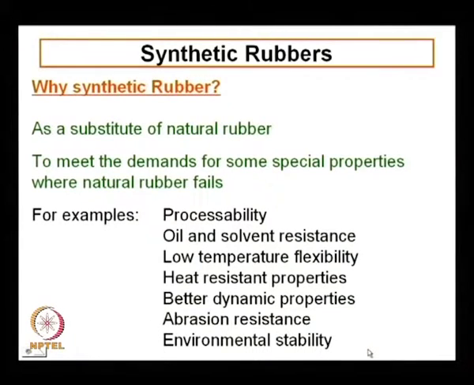environmental stability. For example, say for a petroleum hose in the fuel filling stations, where the fuel, diesel or petrol, is pumped from the reservoir to the car. A pipe is used, that pipe is made of rubber. There natural rubber is not suitable, because natural rubber will swell. Even if it is cross linked, it will swell in contact with diesel or petrol, but if you take some special synthetic rubber like nitrile rubber or chloroprene rubber, that is resistant to swelling in